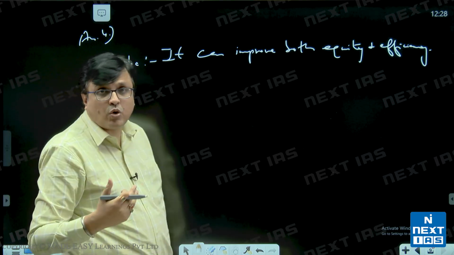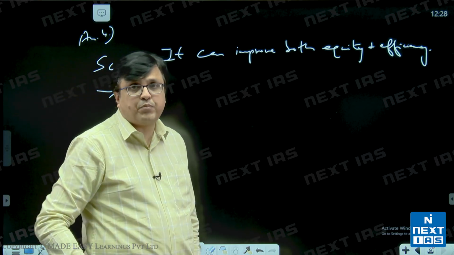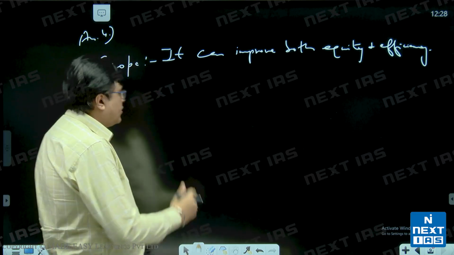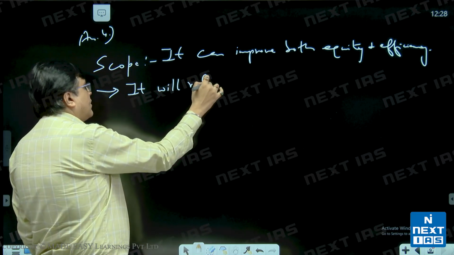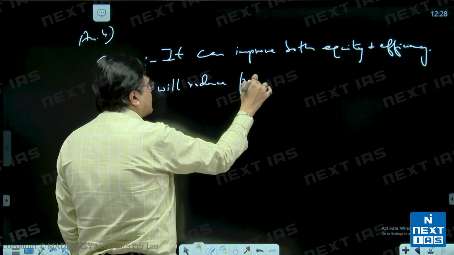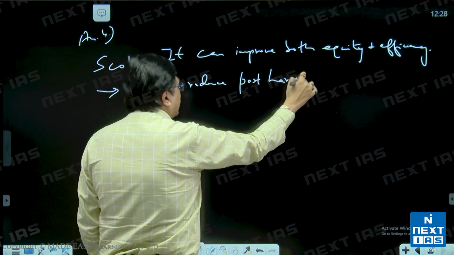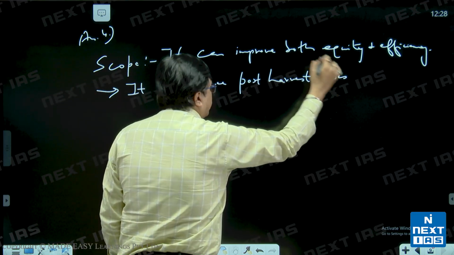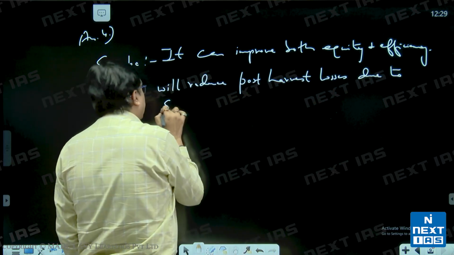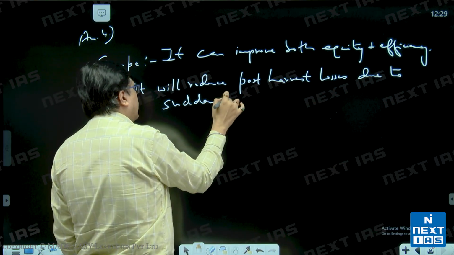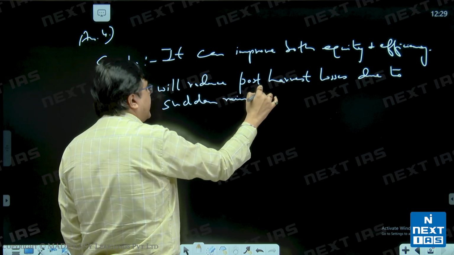So what is the scope? क्या possibilities हैं? So it will reduce post-harvest losses due to sudden rain,